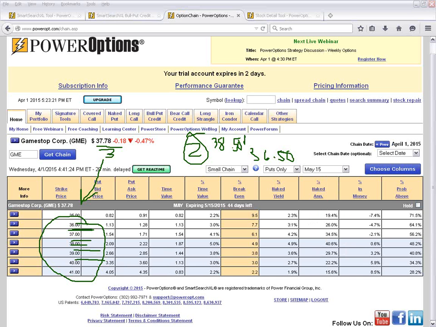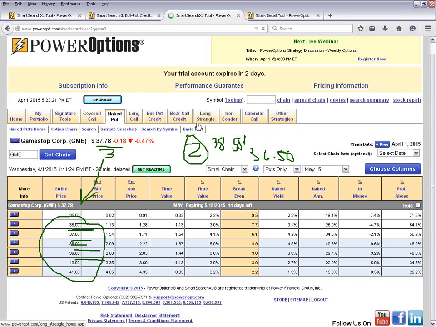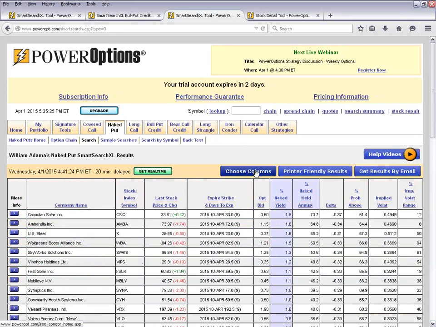And Dan says, a lot of times the weekly options have very low open interest compared to the monthlies and sometimes hard to get filled. That is true in some cases, okay? Let's take a look back at, to make it simple, let's go back to that naked put screen we had with Herbalife real quick. I'm just going to take a look at some of the numbers there